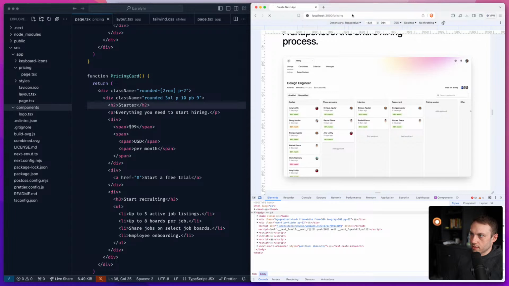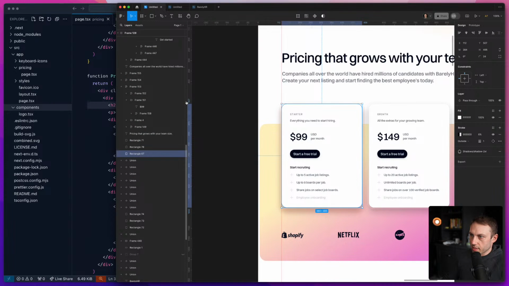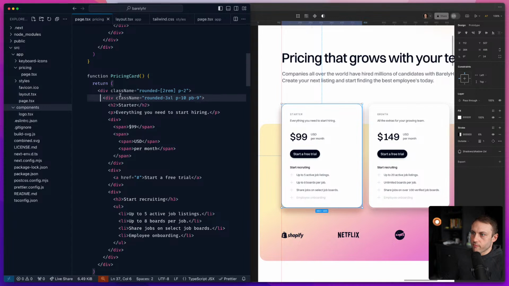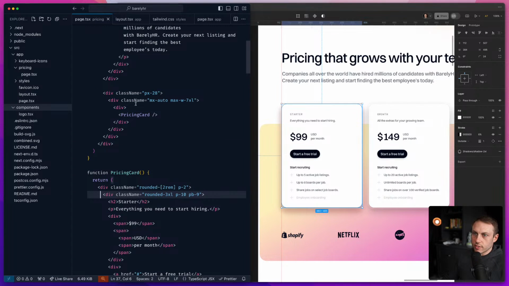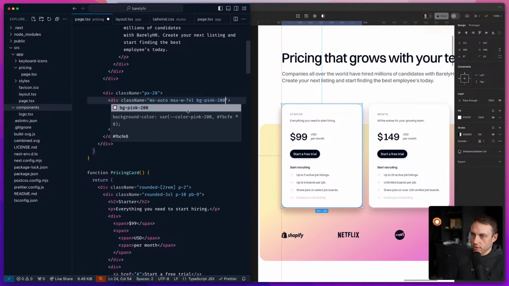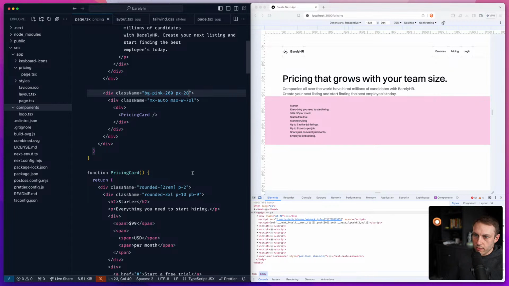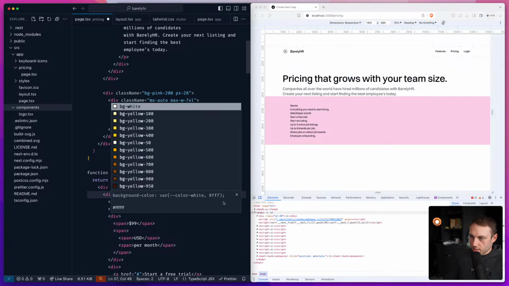And let's see. So obviously we have nothing so far. That kind of makes sense actually. I'm just going to stick a background color on this for a second, like pink 200 or something, just so we have something to look at. And actually I'm going to put that on this element, just so we have a reference for the area that we're even working in. So we'll give this a white background,